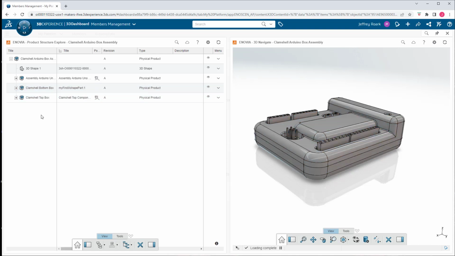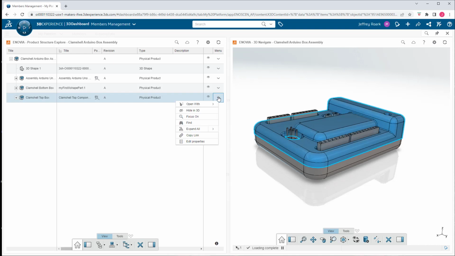And what I'm ready to do now is, well, I sent parts out to be 3D printed, and I made some changes based on some design input I got from the 3D printer. So let's check out what those are. One way I can do that, I did some markups. So I want to take a look at